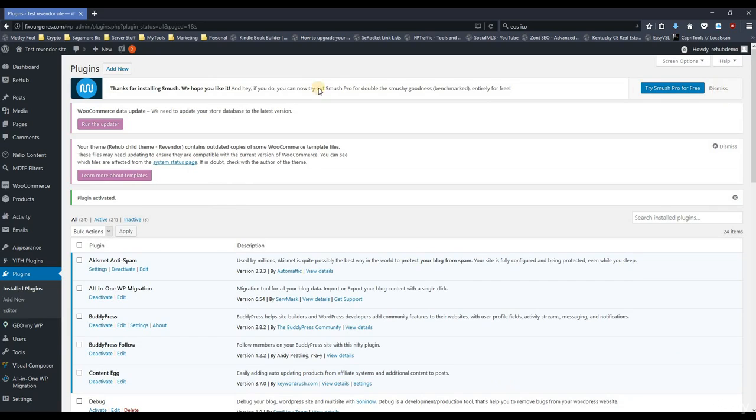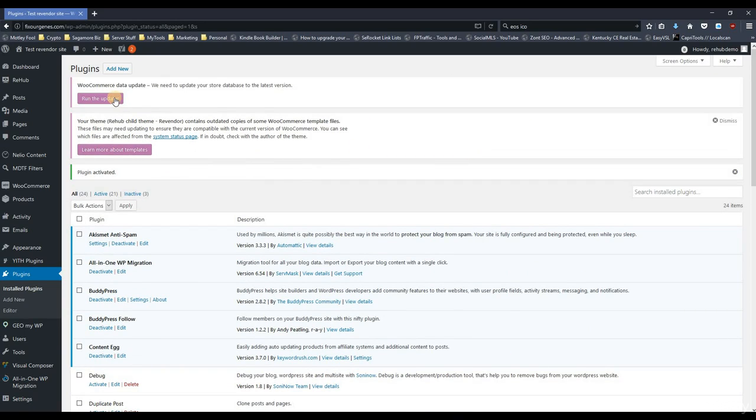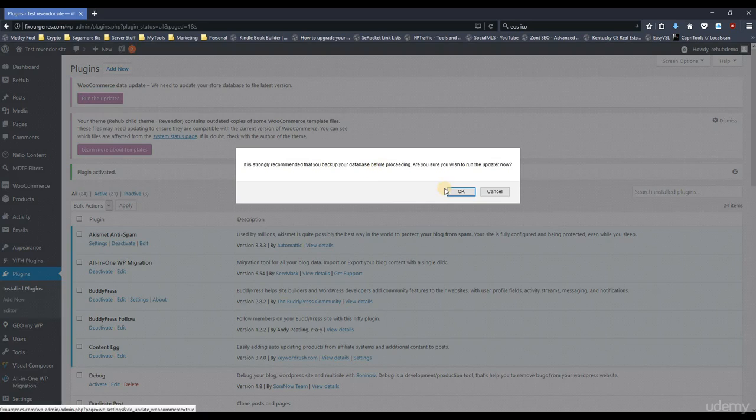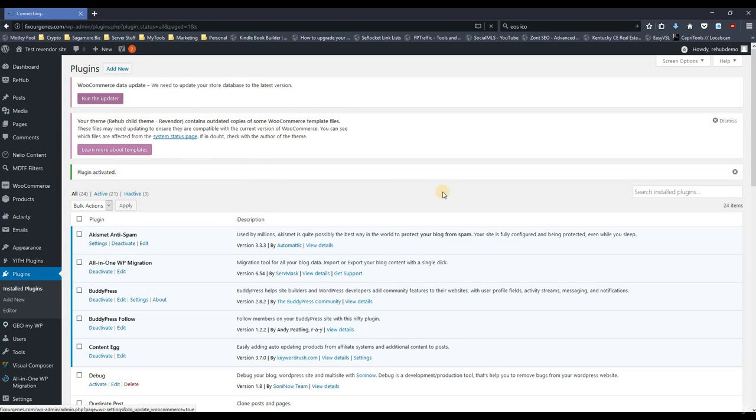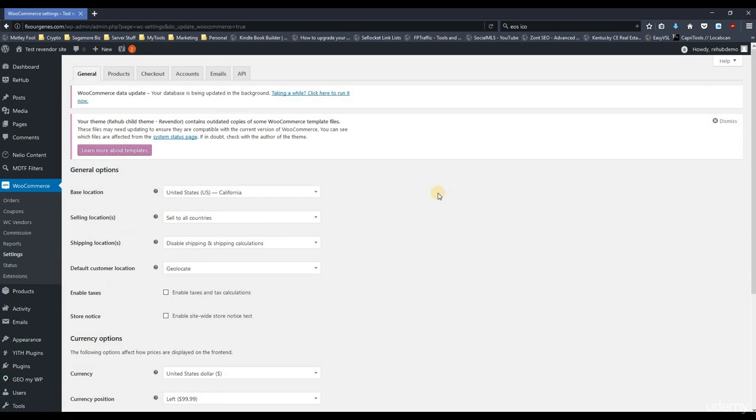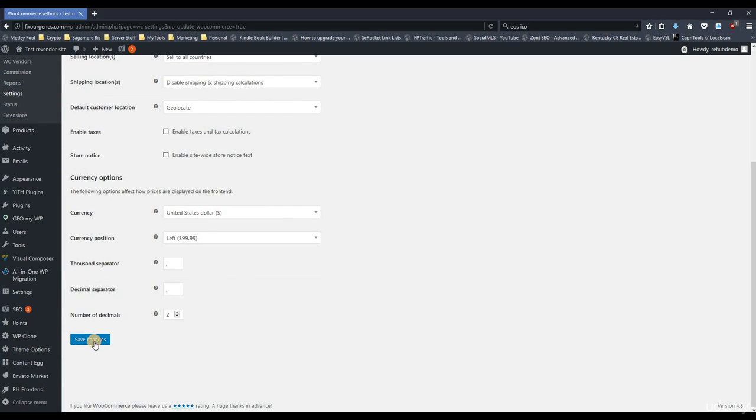Alright, so we're going to dismiss this up here. I'm not going to do anything with that for now. WooCommerce data update. We need to update your stored database to the latest version. Okay, we can go ahead and try that, see if it works out. Sometimes you get these pop-ups in here and you're like, okay, sure, go ahead and do it, but then they don't really do much. Here's the thing, none of this stuff matters because you're not really going to be using